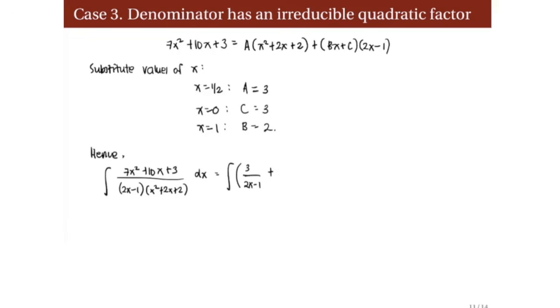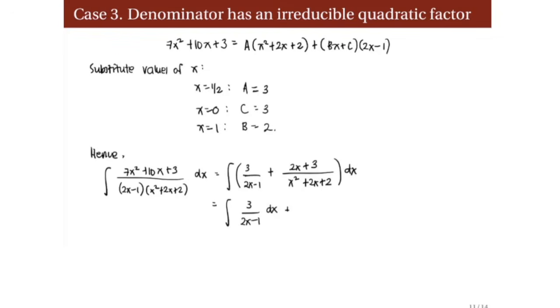Again, bx plus c, so that would be 2x plus 3 all over x squared plus 2x plus 2 dx. So, yung tanong is, anong gagawin natin ngayon to anti-differentiate? So, notice here na yung integral ngayon ng 3 over 2x minus 1 can be easily obtained kasi mag-ln lang naman yan. Plus, for the antiderivative of 2x plus 3 over x squared plus 2x plus 2,